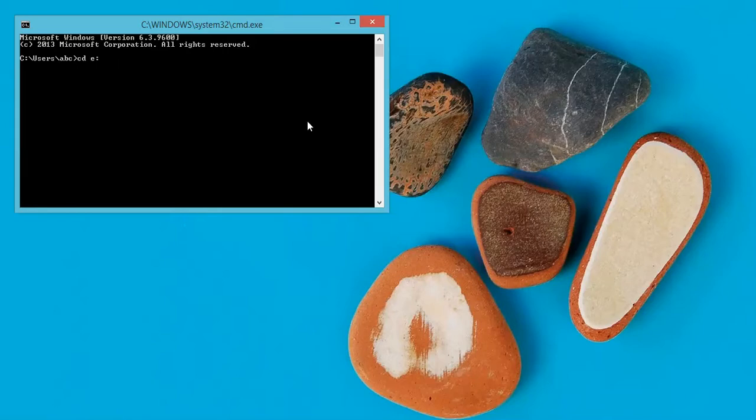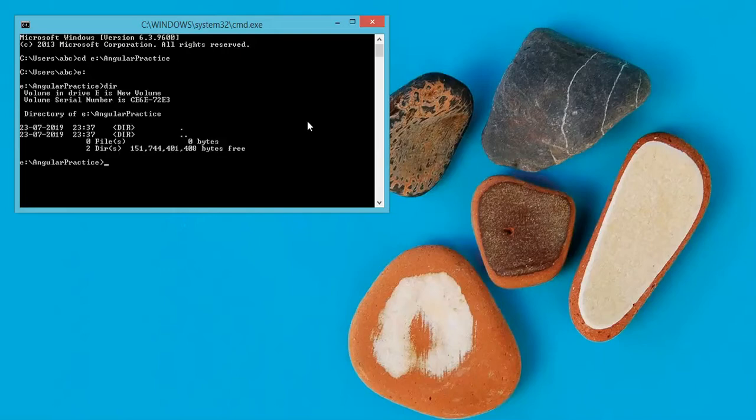E drive, Angular practice. So if I go to my practice demo, I see that it has nothing. So right now I'm going to create a new Angular application, that is ng